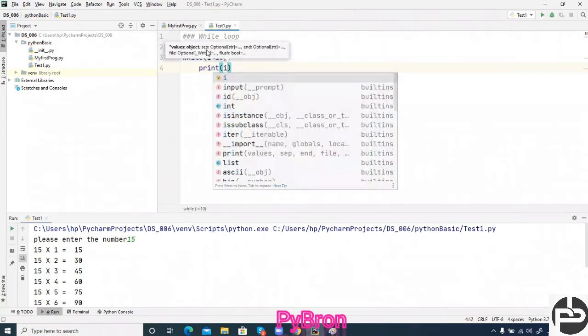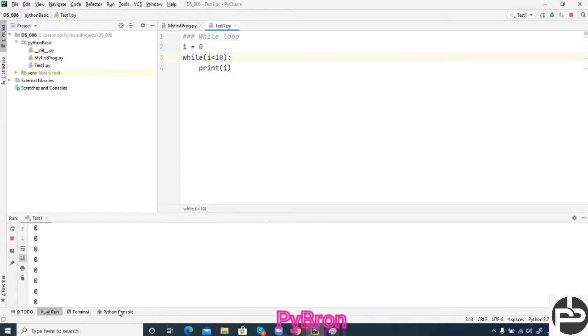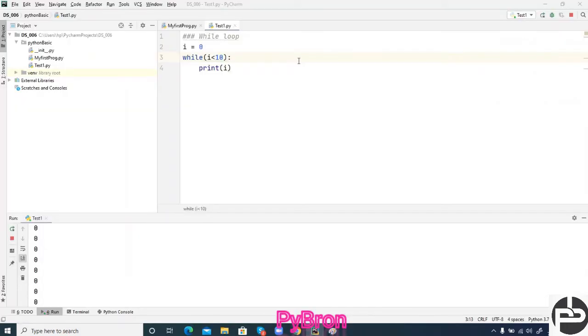Okay, so what is going to happen? Try to understand. If I run this code, are you ready to take a shock? Can you see this? An infinite loop is going to run, and my program is not going to finish. I'm not going to stop this program as of now. It will print only 1 because we have not given any increment here.